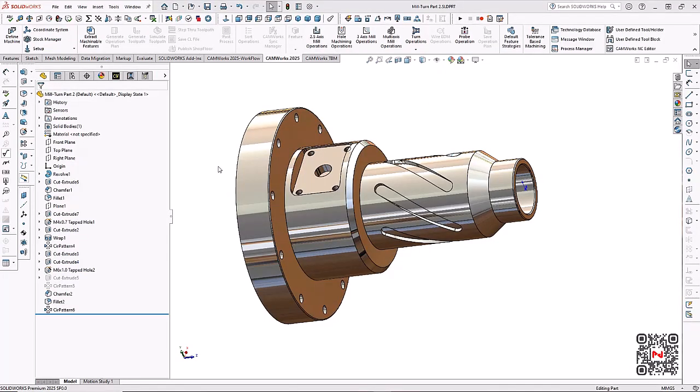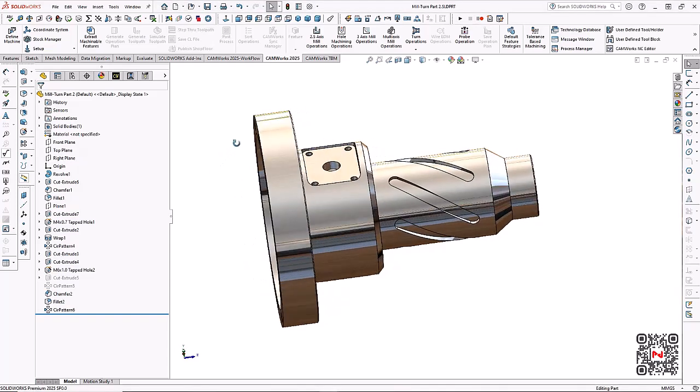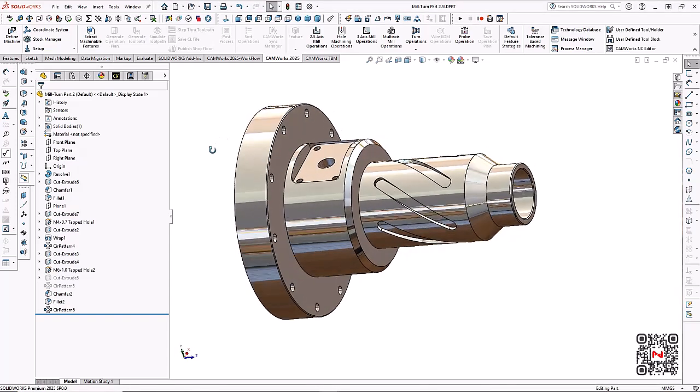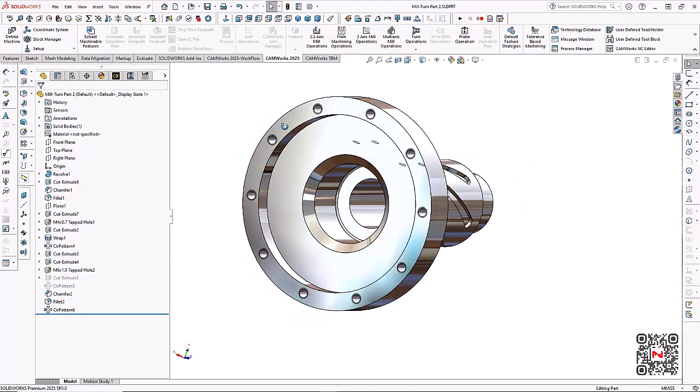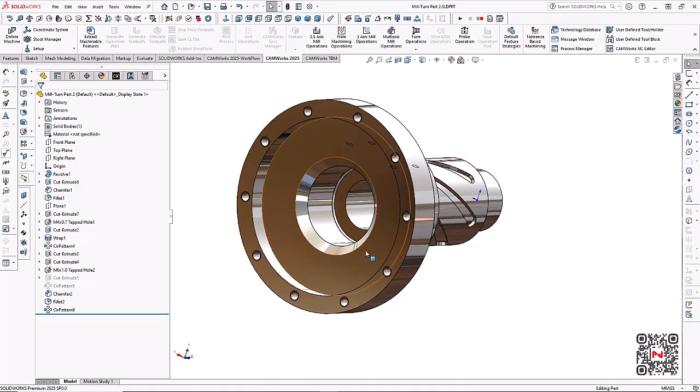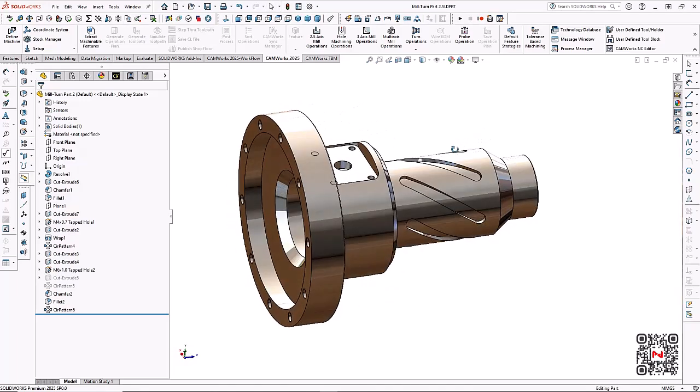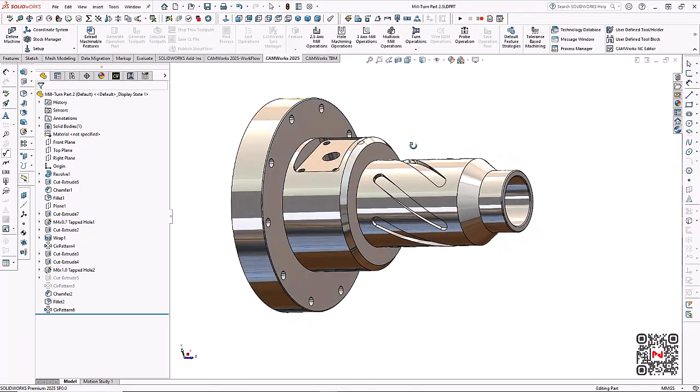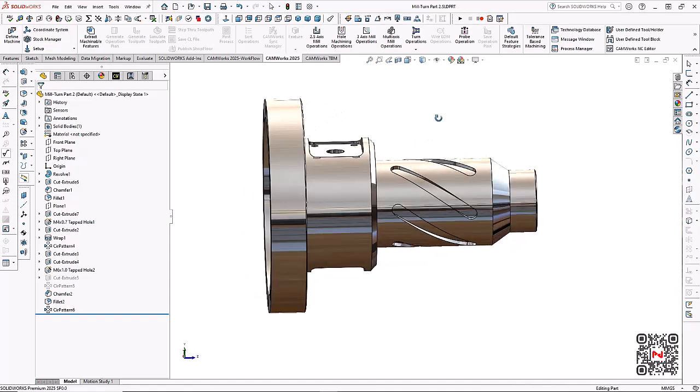Here's a mill turn part that we might want to program using CAMWORKS Turning Professional on a mill turn machine with a subspindle and dual turrets. So you can see this part has some wrapped features on it. It also has some work on the back side of the part, some drilled and tapped holes in the flange, and some boring that will need to be done from the back side. So there's quite a bit of work in this part, and